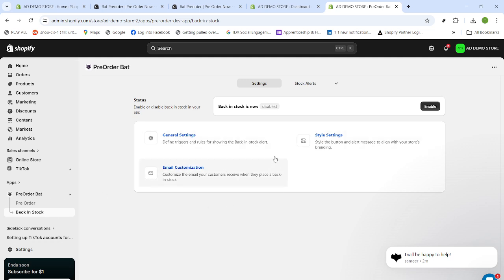and theme. That's it. You've installed the app, enabled the embed, created a single product pre-order with quantity limits, selected the product, and reviewed Back in Stock settings. Keep your pre-order messaging clear about timing, and you'll be set for a